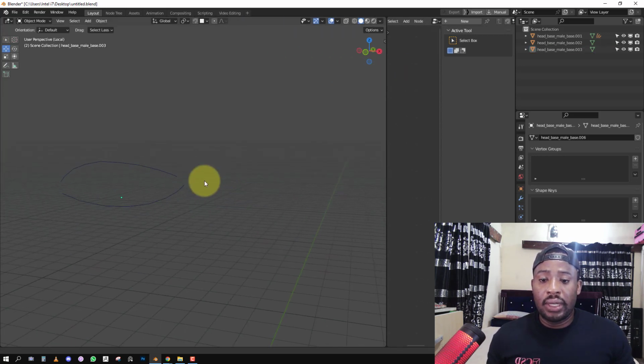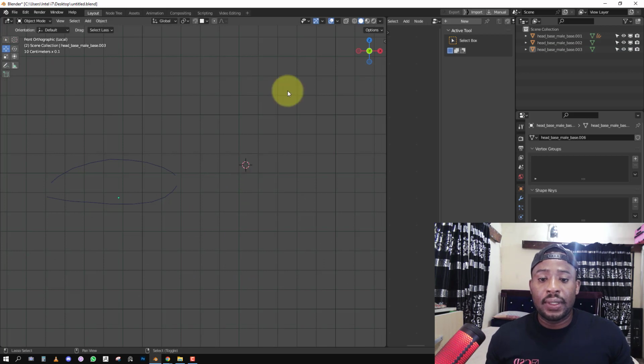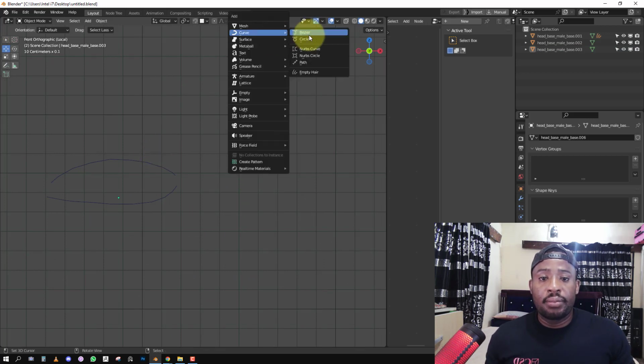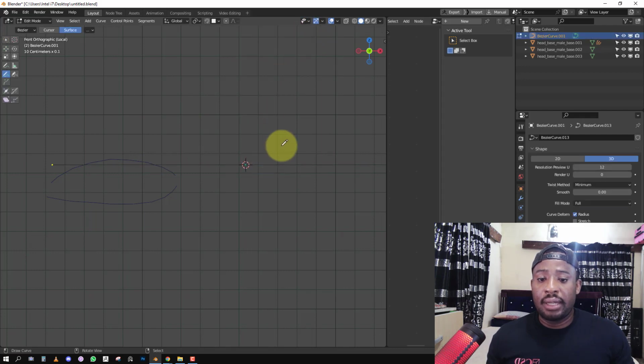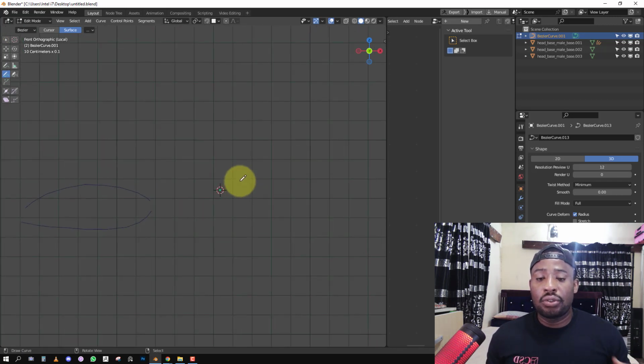Okay, so let's basically generate curves that will go along this. For that, I'm going to add a simple Bezier curve one more time, and we'll delete it, and this time we'll just use the draw tool. If you want to use a reference to make sure you're close to what you're trying to get, that's ideal too. But what we want to do now is to create